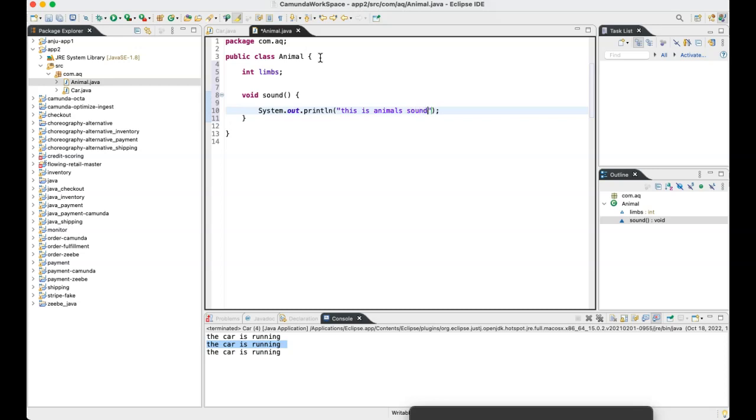It has limbs and it can make sound. Yes or no? So let's say, is dog an animal?